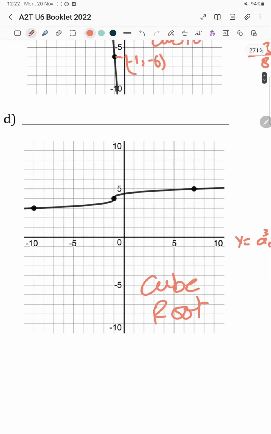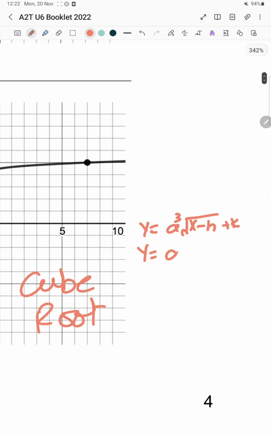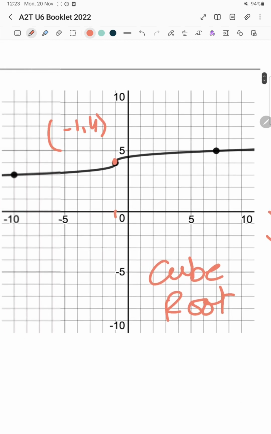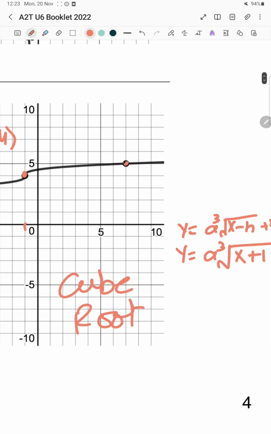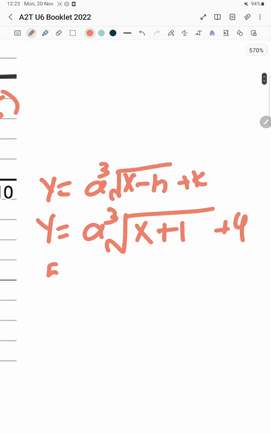It is the center value, and that is minus 1 and plus 4. Y is equal to a cube root of (x plus 1) plus 4. Let's take another point, for example this one, 7, 5. So 5 is equal to a